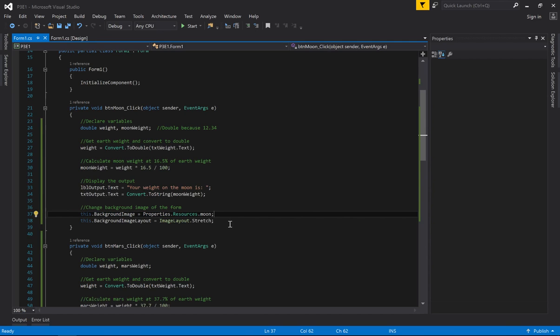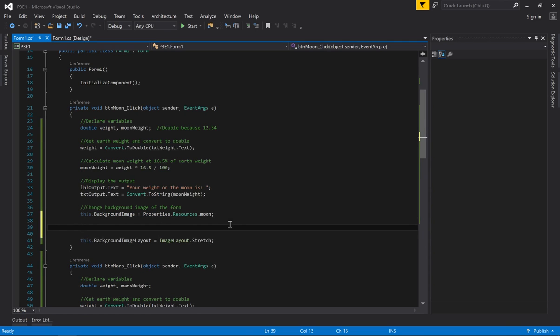Another way of doing this is saying image dot from file, and then you do this, okay? And then literally what this is, it's a pathway on your local PC, taking Visual Studio to that path where that image you want to use